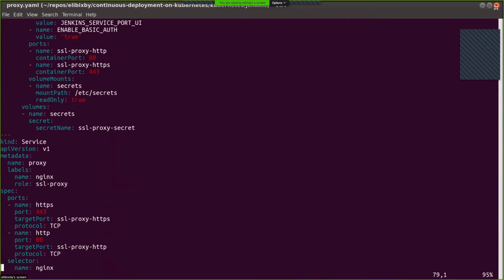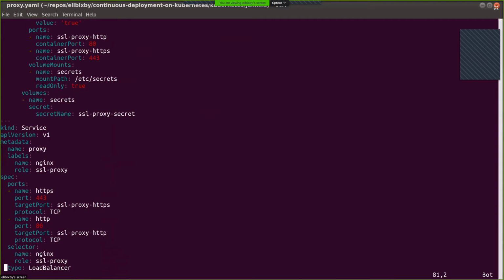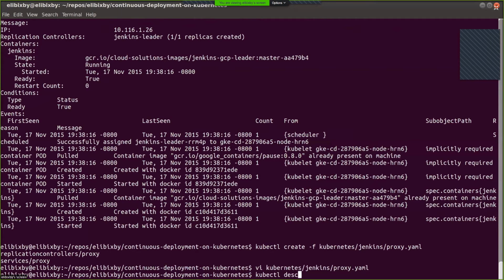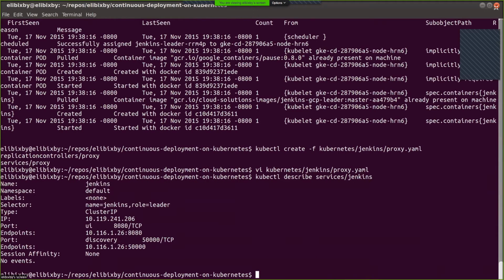So this one is an external load balancer. Cloud providers can plug into this to actually create load balancers that live in front of your Kubernetes cluster. This provides an external IP. And if we look here, oh, that's the wrong one.